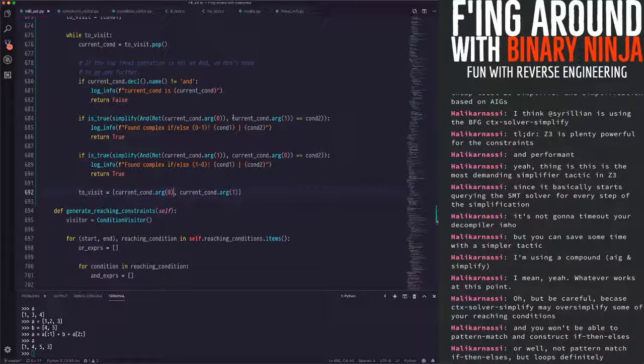Which I would then need to and with this to still get that R. So I think what I need to do is take